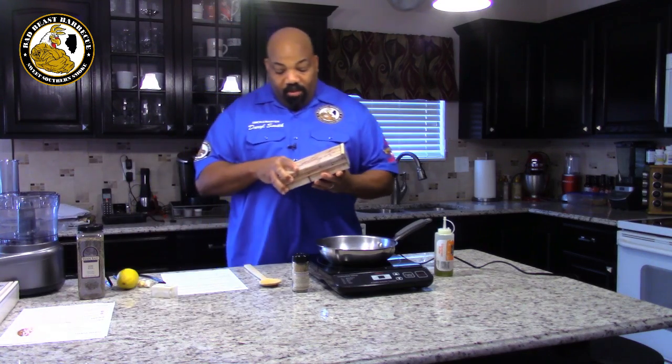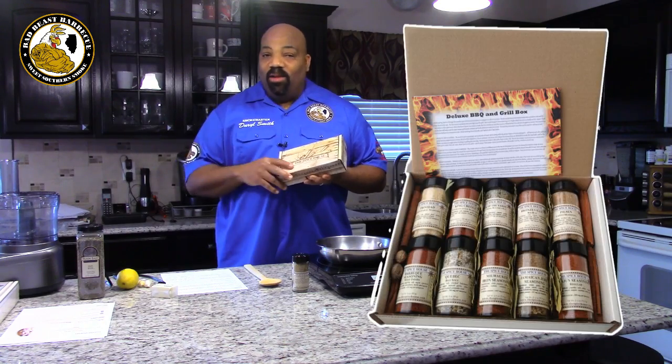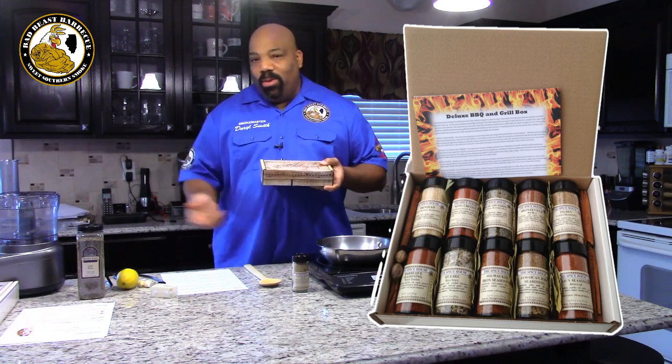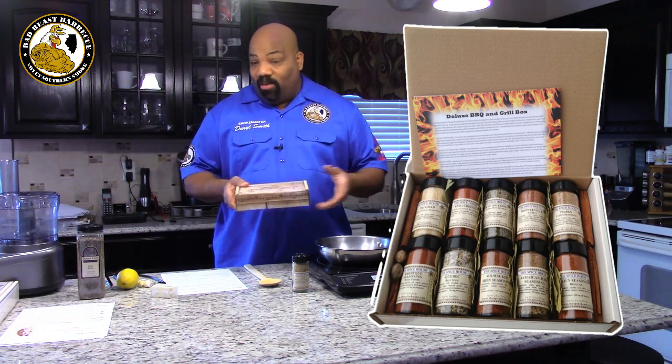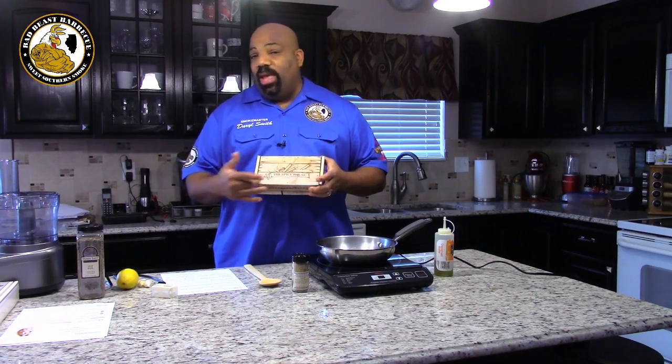The folks, like I said, at the Spice House, they sent us 2 boxes. They sent us the smaller box here, and they sent us a larger box, and totally they sent us about 12 different spices, everything from barbecue spices to lemon garlic spices. Okay, so what we're going to be doing in the upcoming weeks is we'll be doing videos featuring the spices